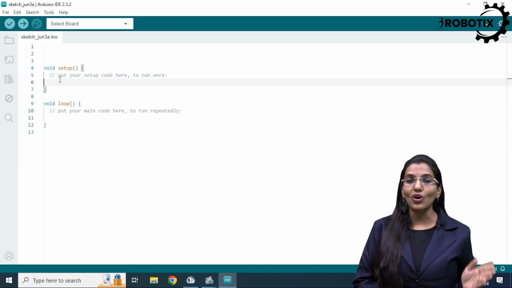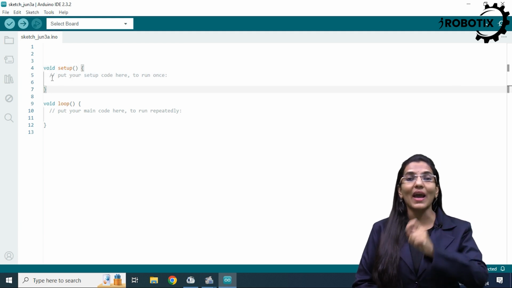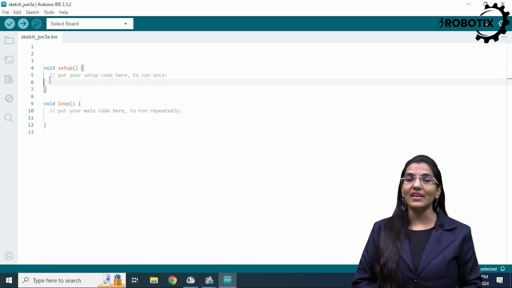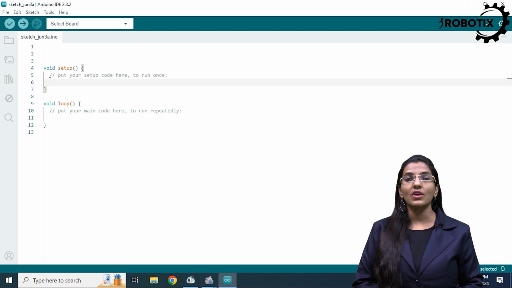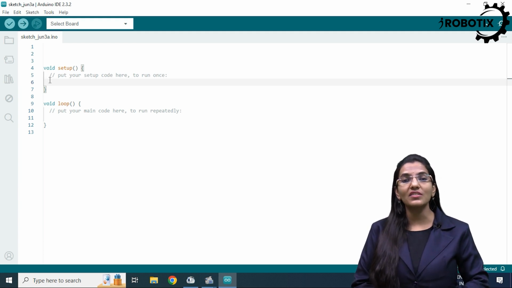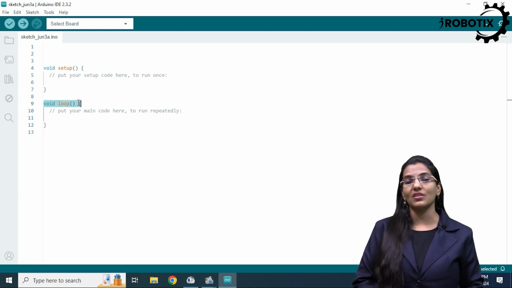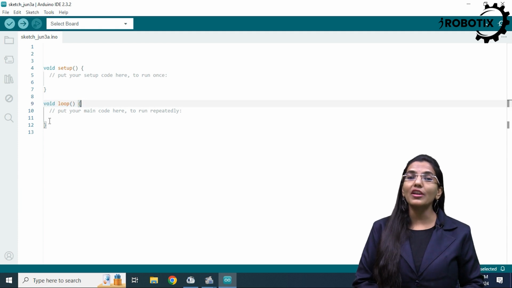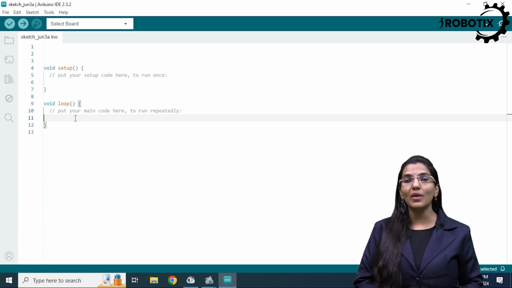Whatever code you put between those two curly brackets here will be executed first, once and only once. First, the code in the void setup is executed once and then the code in the void loop is executed an infinite number of times until you simply restart the program or you shut down your Arduino.